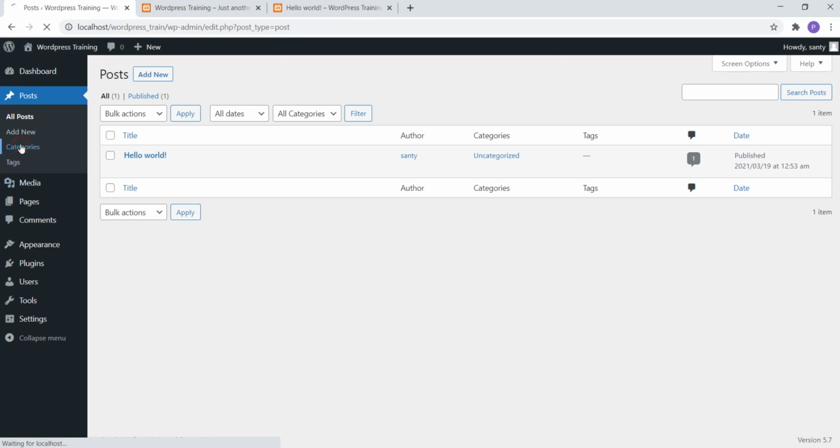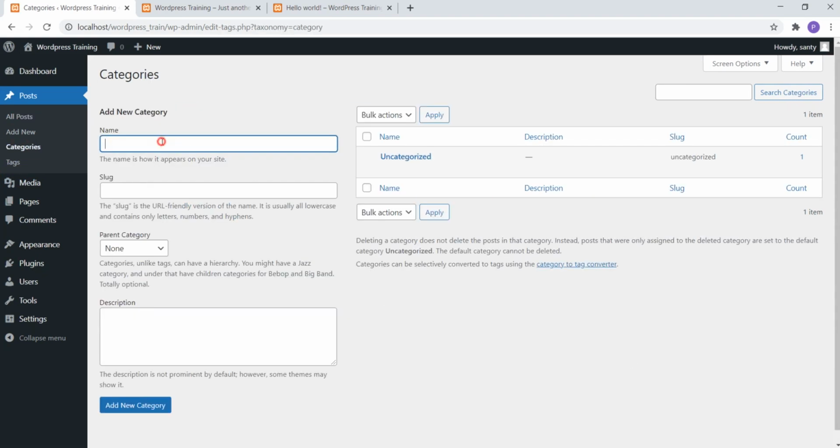So if you see here, next is categories. So you can create your own category. Each category has a name, a slug, a parent category and a description. So why do we have these particular pages? Again, if someone searches for a mobile device less than 10,000, that will be a category with some description. It also helps from the SEO perspective.